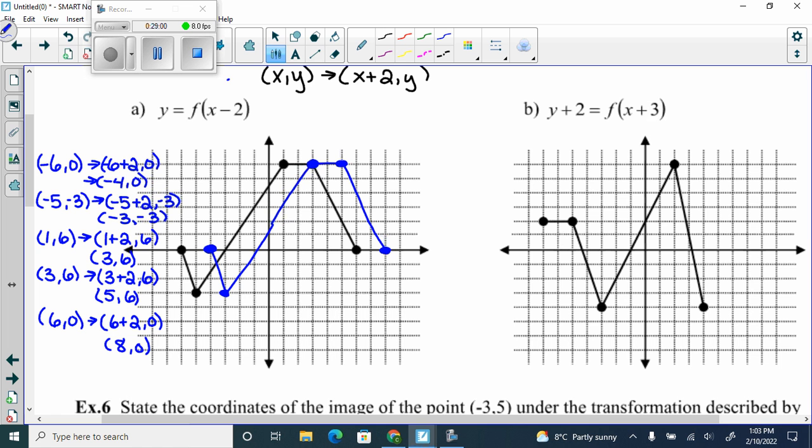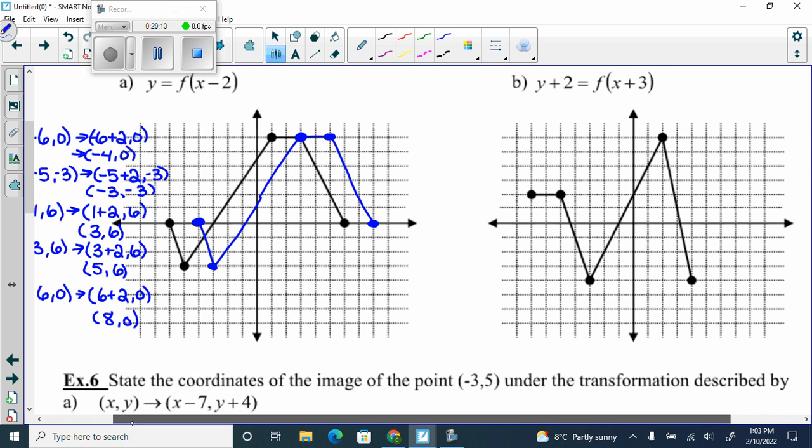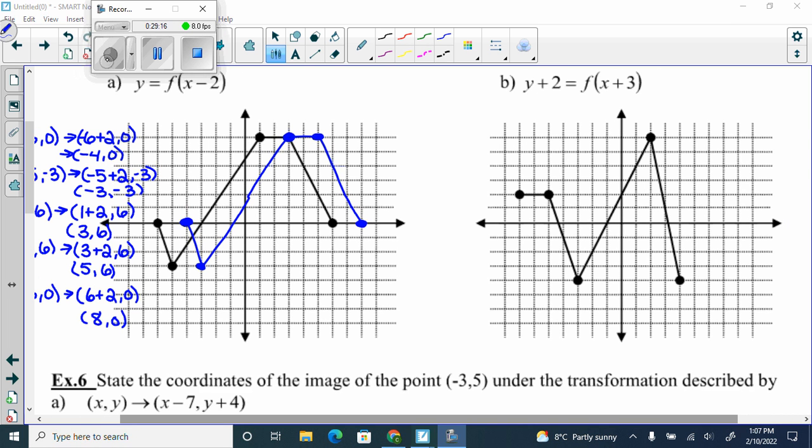Now, does it look like I moved the whole graph to the right? Yeah. Could I have just moved it to the right quickly? Yes. If it was short like this, that's what I would expect on a test. But we're going to add a whole bunch more things to it. Okay, I want you guys to try B. Move the 2 over first. Try B. You don't have notes? Sketch it anyways. So our mapping is going to be x, y becomes x minus 3 comma y minus 2. And you should get a graph that's like here, here,